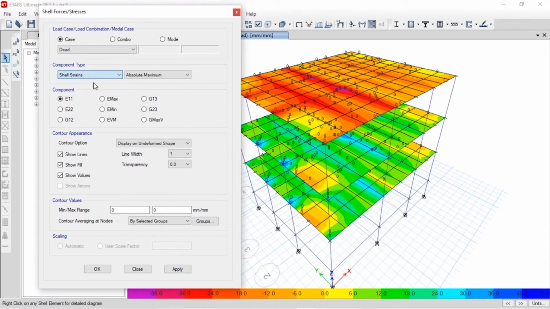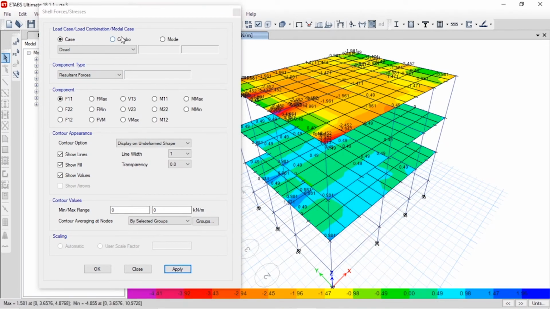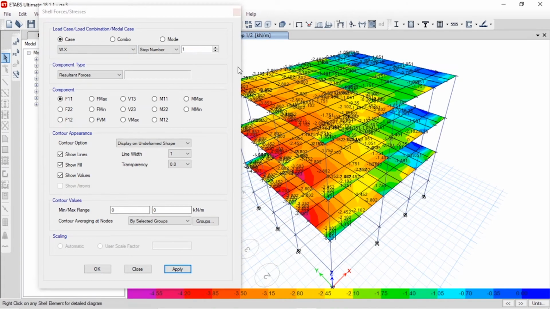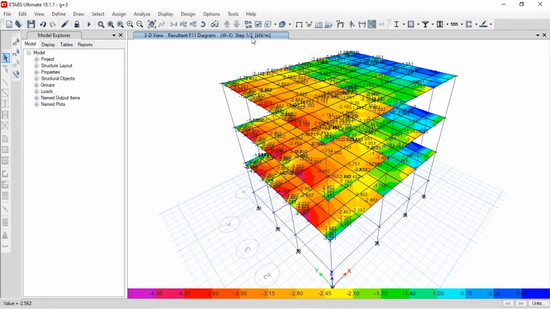You see the resultant forces also. For the different combinations also you can see. And for the different load cases also you can see, suppose wind, you can see all the values. Using these values you can design it manually, or with the help of the software itself you can design.